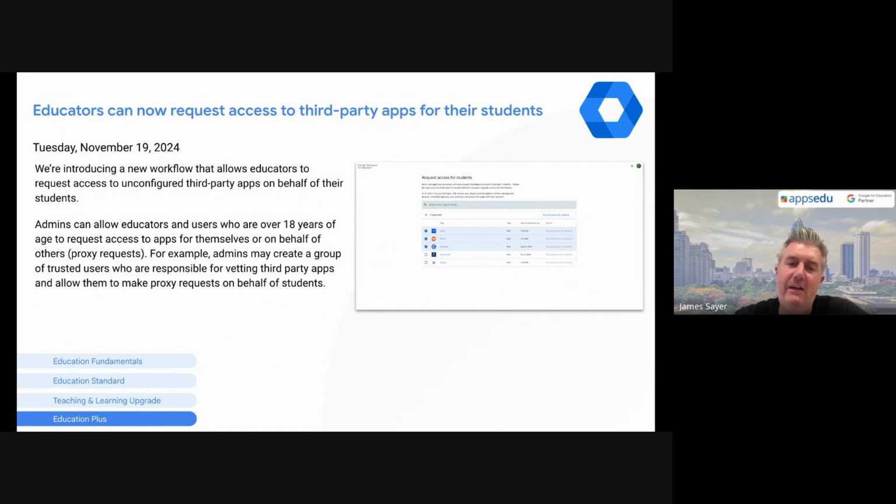Okay, another feature for requesting access to third-party apps. Google's now created the ability to essentially whitelist a group of users on your domain who can either request, or request on behalf of students, different third-party apps. So currently, if you have it enabled, anybody can request access to apps on the domain. Well, this you can restrict or create a whitelist